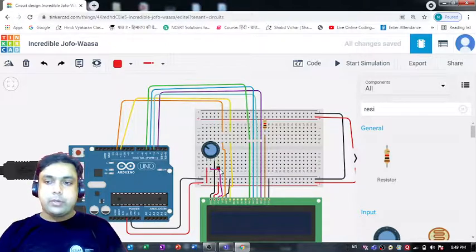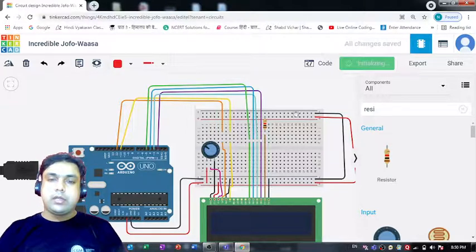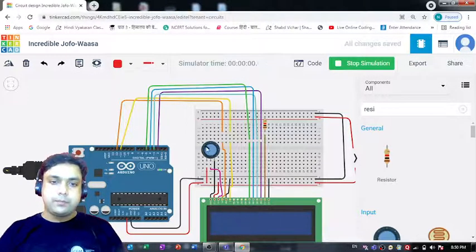And this wiper point, I have connected it with this pin. What is this? It is contrast, I think. So it is for controlling the contrast of this LCD. That's why I have connected this wiper pin to this contrast pin of LCD. This is the power pin. So that is also perfectly fine. It is glowing. And this VCC, we have connected it with this one. So the connections are perfectly fine now. Let me see if we'll get the output or not.